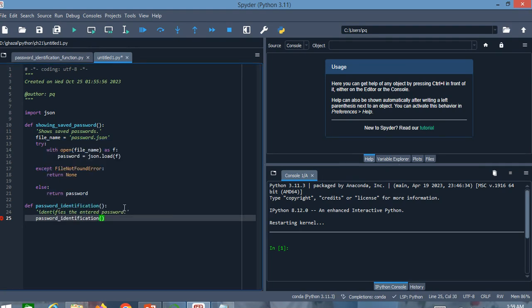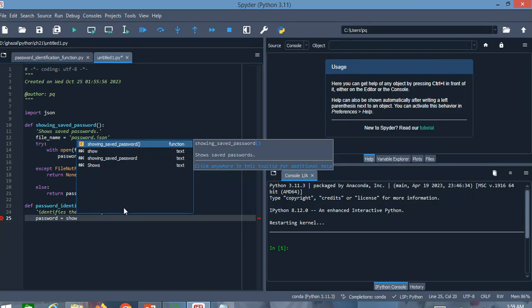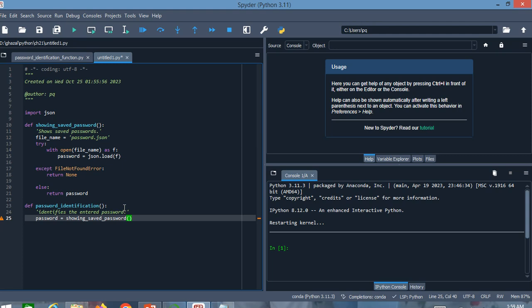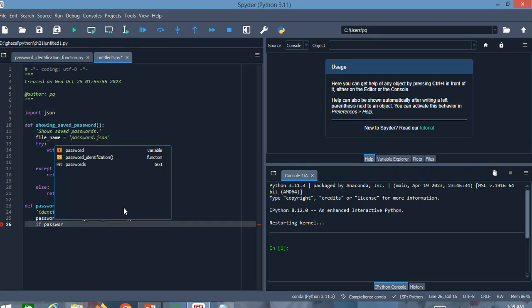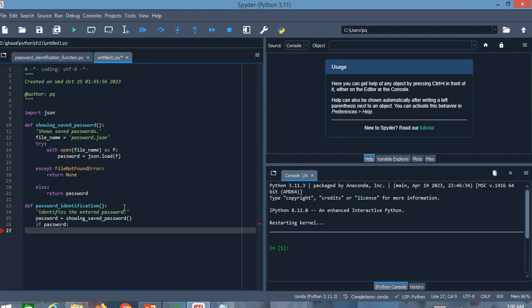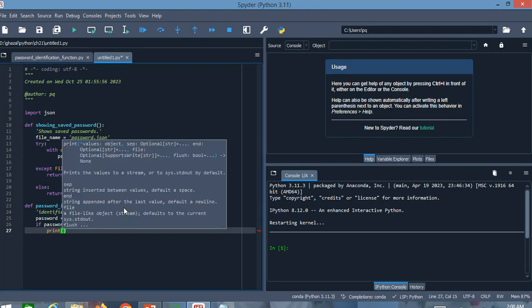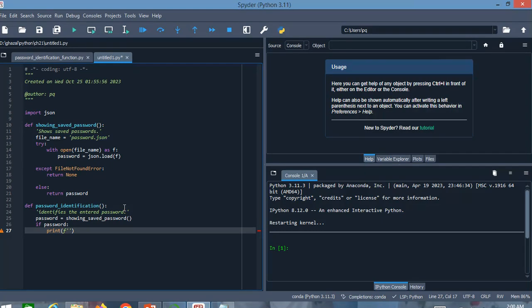Let's assign the output of calling the showing saved password function to the variable password. Let's have a conditional, if password, don't forget to put the colon, press enter. Let's have a print, f quotation, your password was